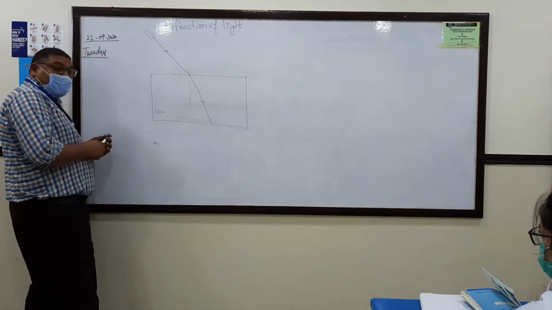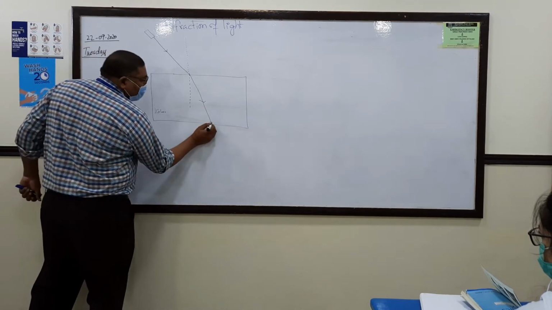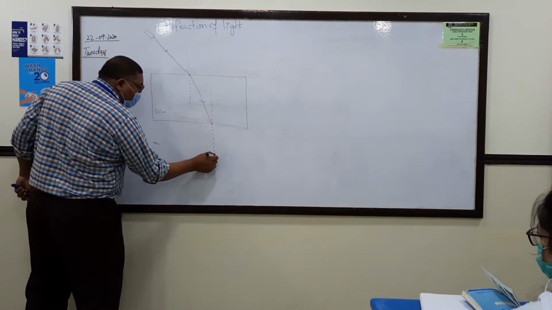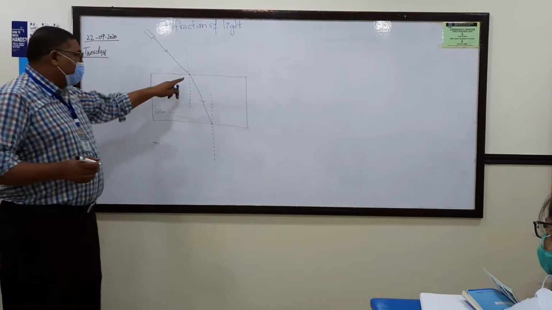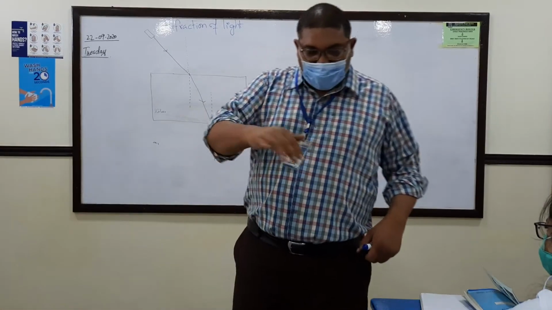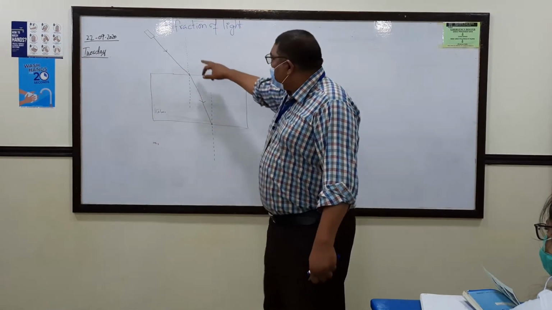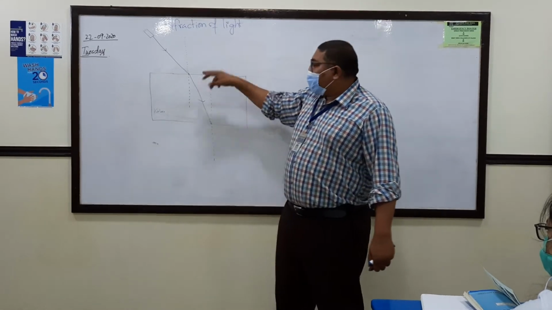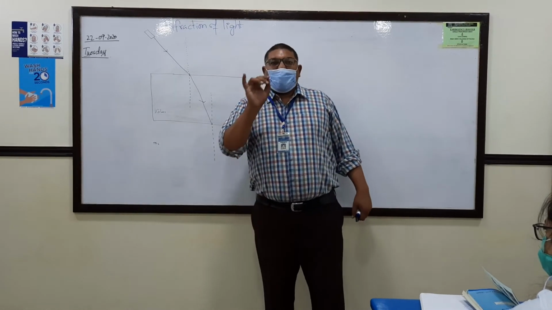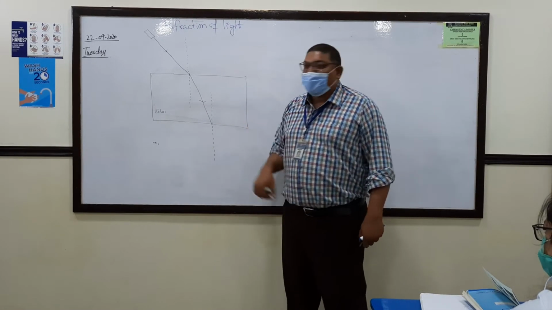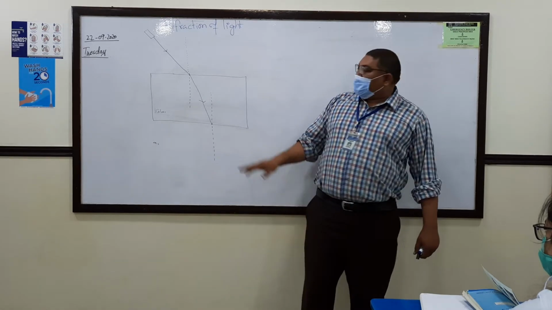Okay, now see an interesting thing. Here, draw a normal, and you know normal is? Normal is a line which makes 90-degree angle with the surface of the boundary of the mediums. It is called normal. It's perpendicular to the boundary at the point where the light is entering into the second medium.